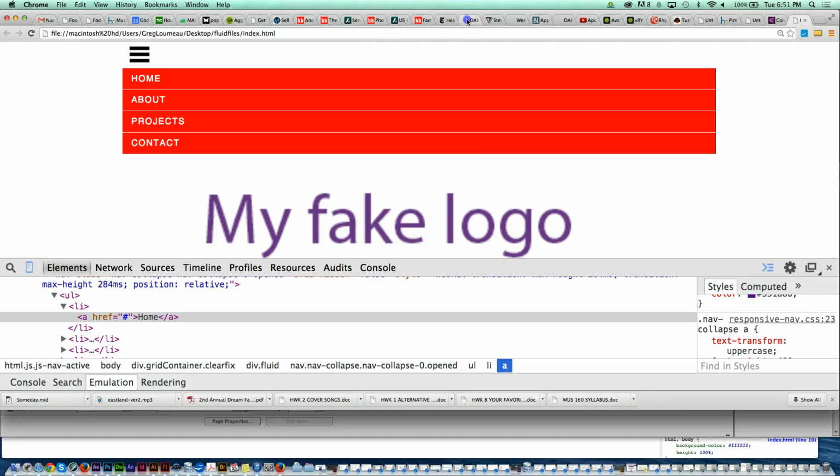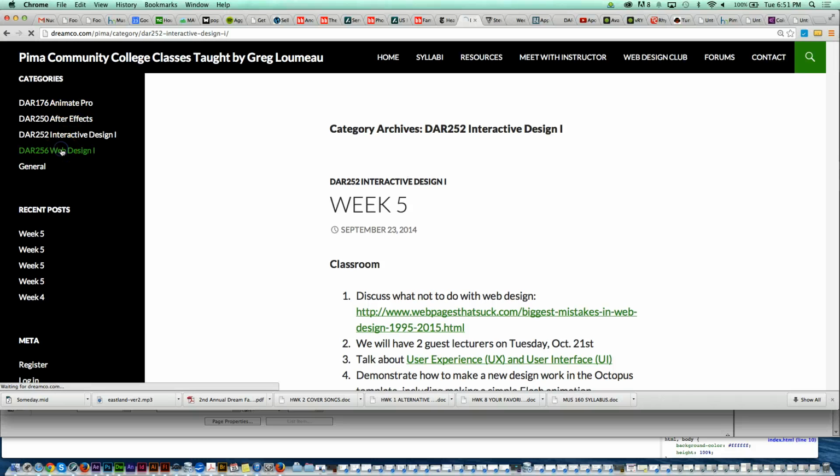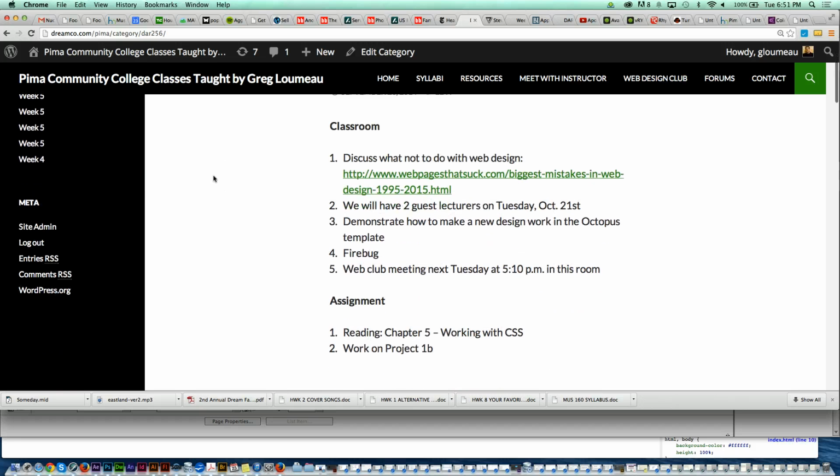Now, let me go back and see if there's anything else for us to talk about today under web design. Okay. Firebug. Okay. All right. So, in addition to working on your website, you guys do need to keep up with the reading. We're up to chapter 5, working with CSS. And if you do the reading in the book and the chapters, it would be extremely helpful because we're working directly with HTML and CSS, and that will help you in your design projects. So that's pretty much all I have for you guys today. You can take the rest of the period to work on your designs and ask me questions. And does anybody have any questions right now? Yes, Nancy?